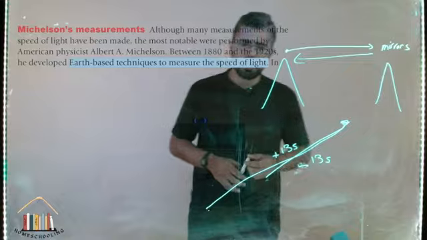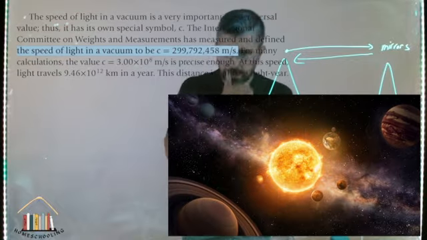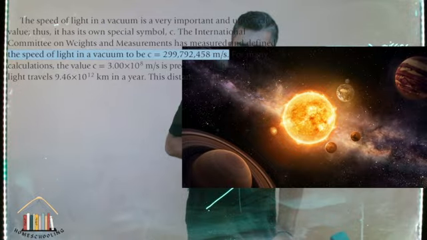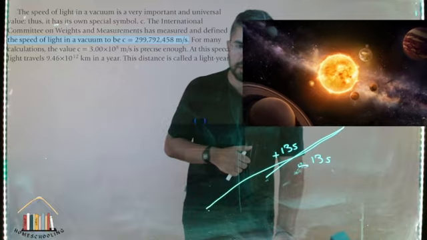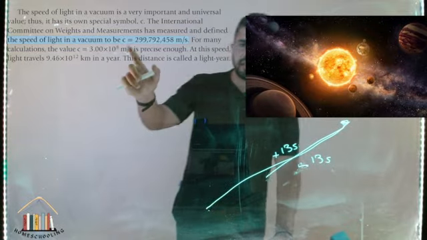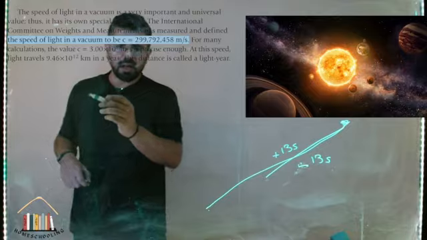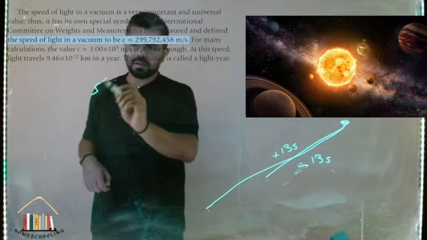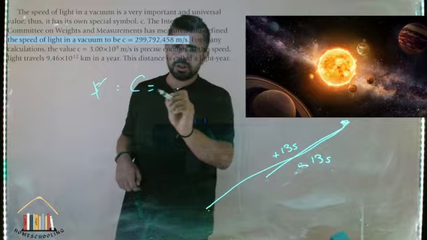They are approaching the value of 3 by 10 power of 8, which we'll talk about in a bit. After this experiment by Michelson, we got the value of c. So c is the constant of light. Every time we are talking about the speed of light, we are not saying s anymore. It's not s anymore, it is c, the constant of light, which is